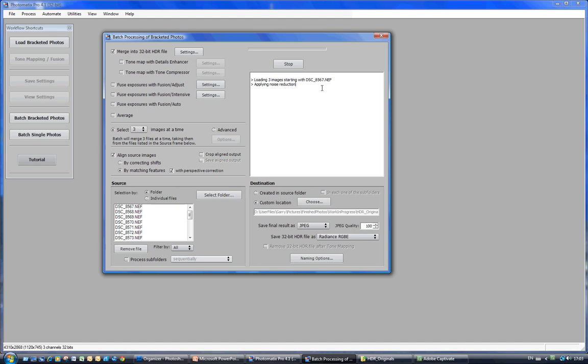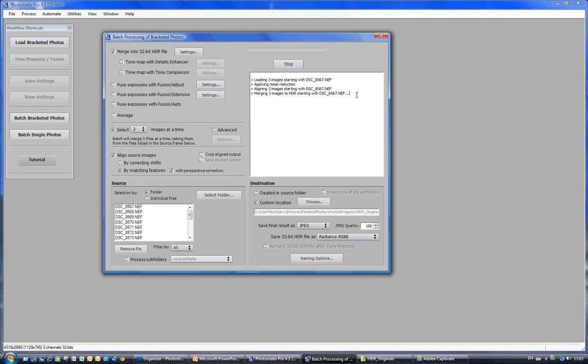And we'll just wait for a moment or two while it moves on. I'm not going to leave this demo recording everything because this could take 10 or 15 minutes. So once you've run it and started, you can go off and have several large cups of coffee and come back when it's finished. So on that first one, it's aligning them, and then it's merging them into the individual